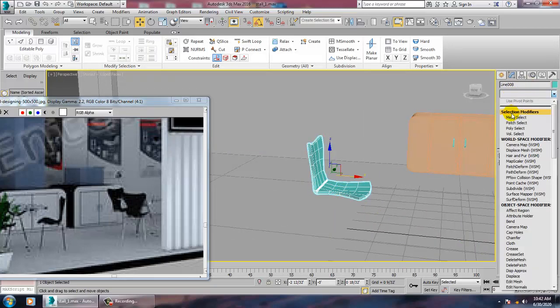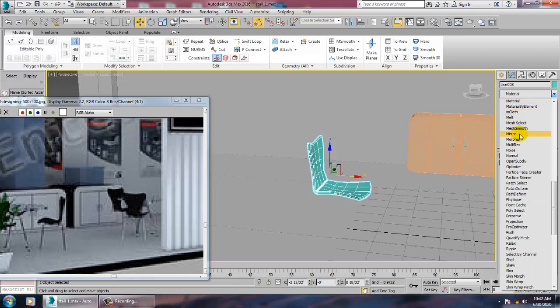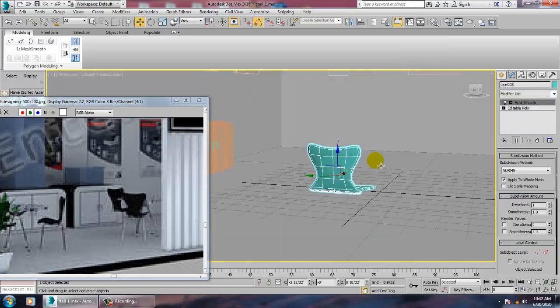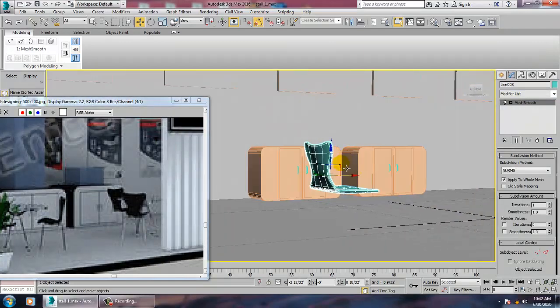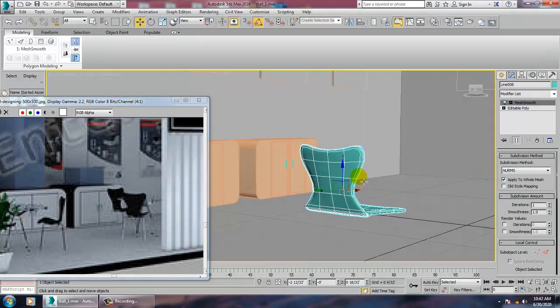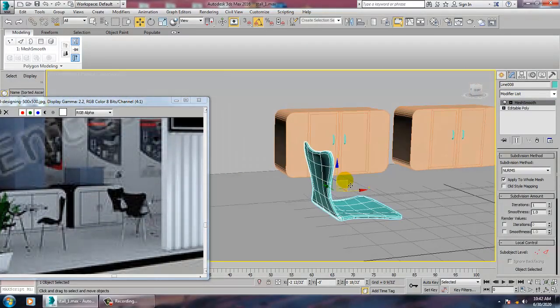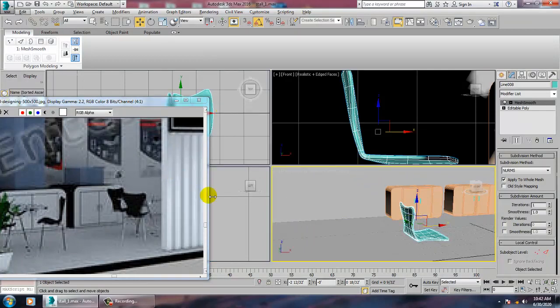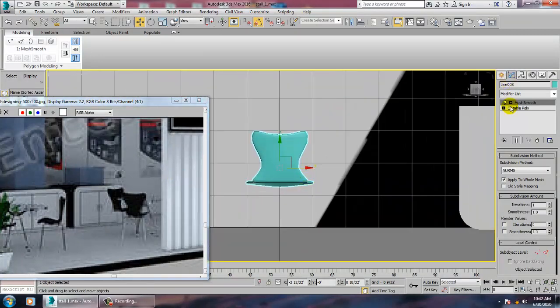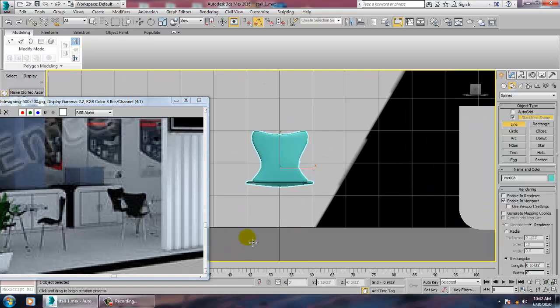And you can give a mesh smooth over here, or you can also give a turbo smooth. You can just smoothen it to give it a look over here. So let's go into this view over here. Take a line tool over here, make it as a radial.